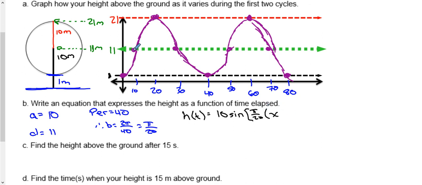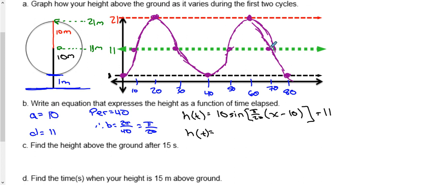Let's start with a standard sine curve. So we're going to shift it 10 to the right to start there. So it's going to be x minus 10, bracket, bracket. And we're going to go plus 11, and that's our vertical displacement. So that's definitely one equation. Second equation that we could have wrote, and I would have had to accept, could have been something like, let's